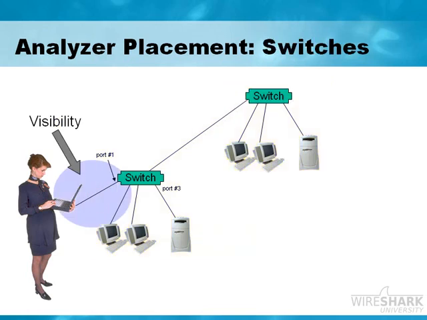When we're in a switched environment, we're only able to see the traffic that comes down from our local switch port down to our analyzer. And there are 4 types of traffic that will come down that switch port: broadcast, multicast, any traffic to and from our own MAC address, and any traffic going to an unknown MAC address, which should be very rare on